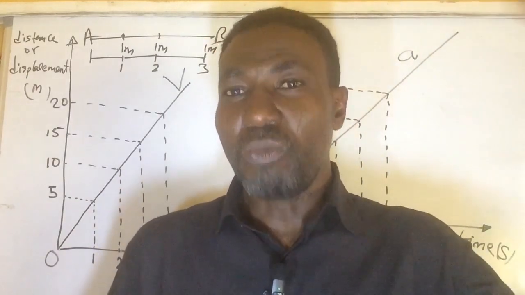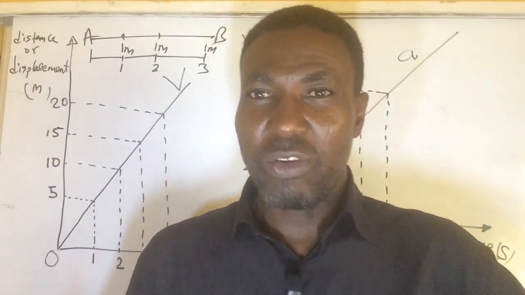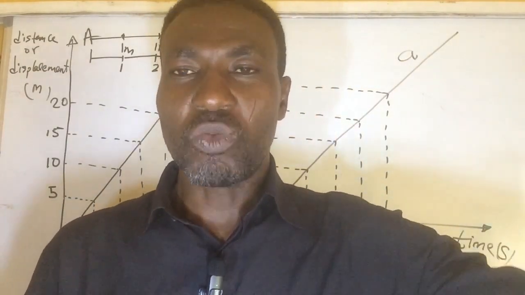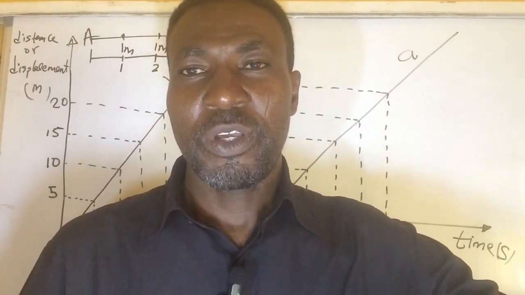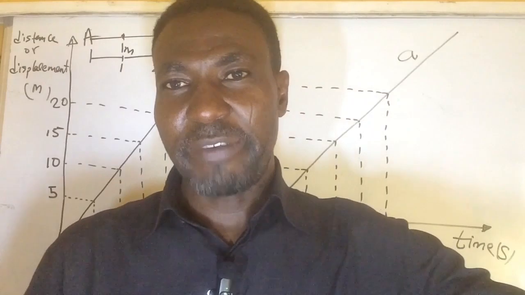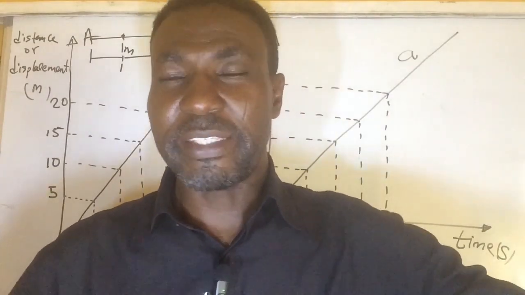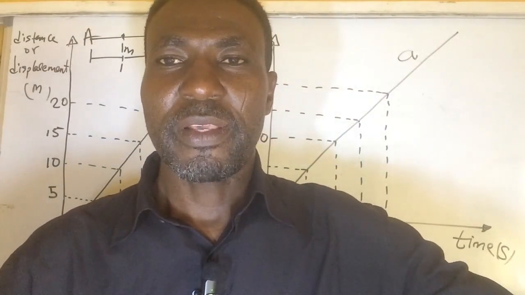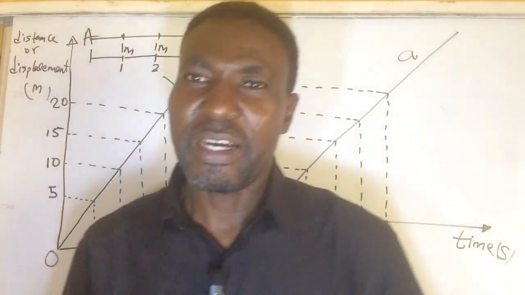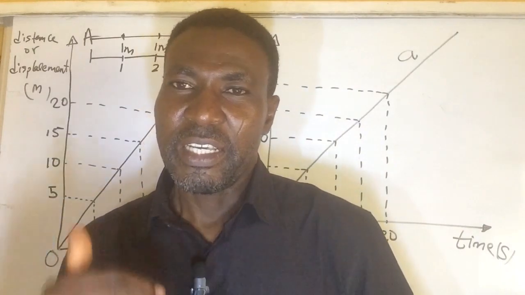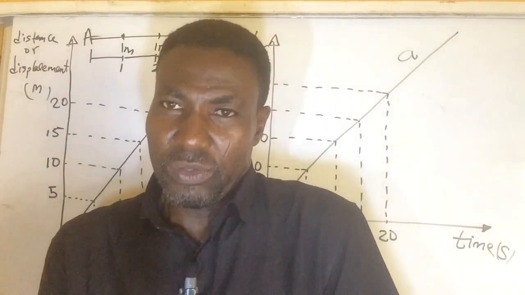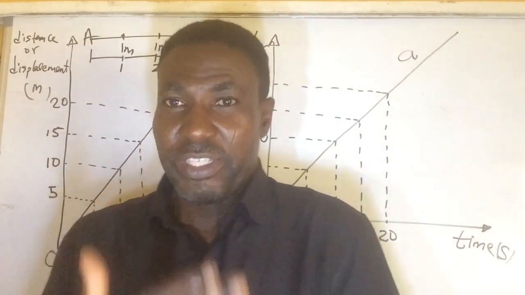You continue moving to 15. Now look at your time, it is 3 seconds. You move again to 20. Now look at your time, it is 4. You move to 25. Your time is 5 seconds. You move to 30, your time is 6 seconds. You now find out that as you are increasing by equal velocity, let's say 5, it's 5